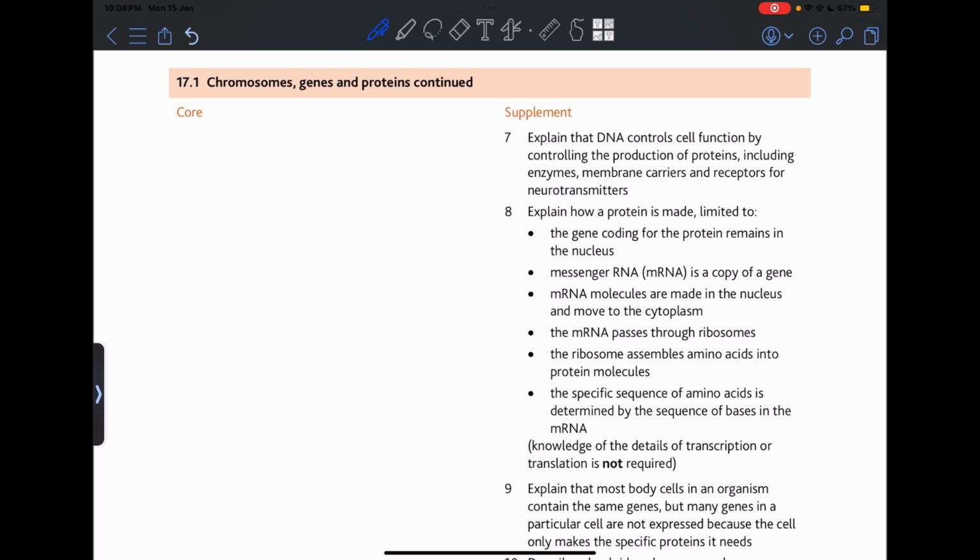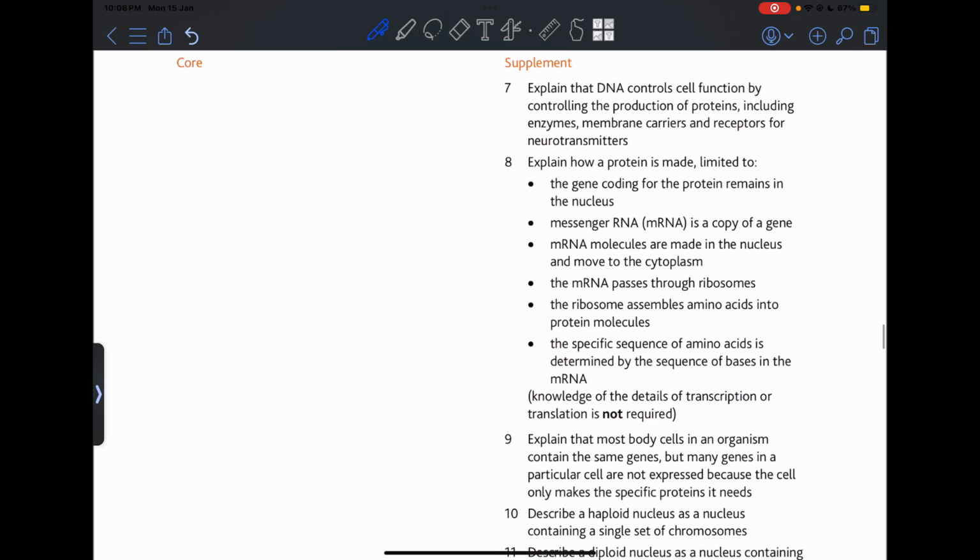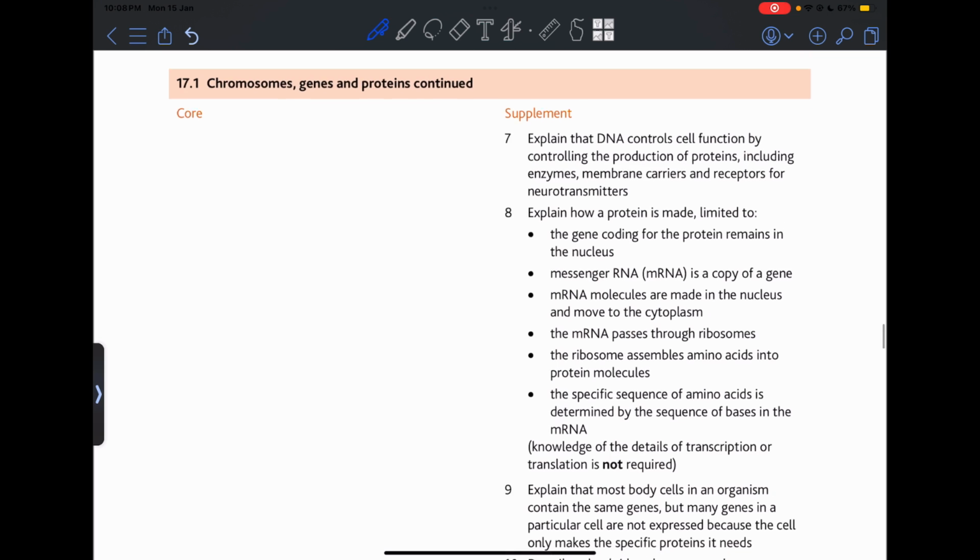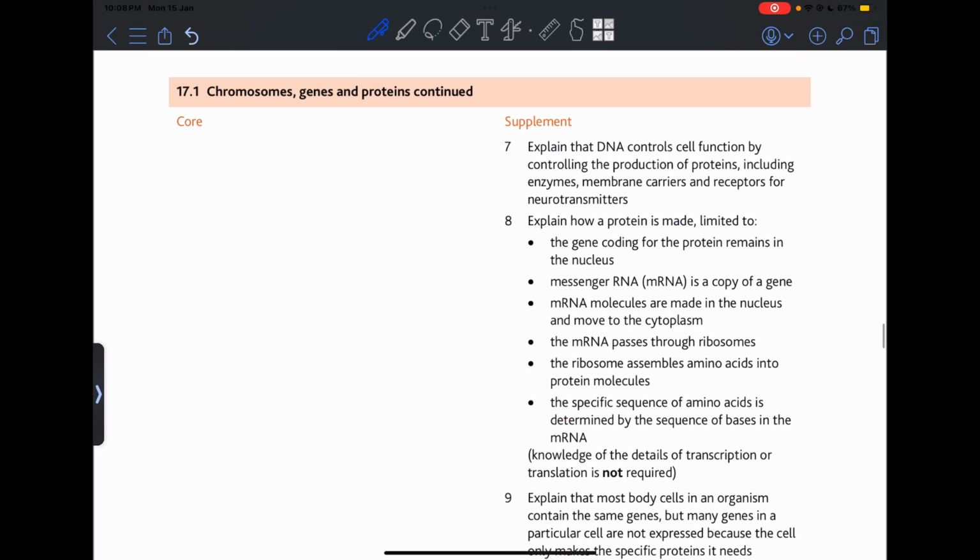Supplement students, extended students, they have to explain that DNA controls cell function by controlling the production of proteins, including enzymes, membrane carriers, and receptors for neurotransmitters. So all of these are mainly memorization information, but these are very important, and this is one of the most important